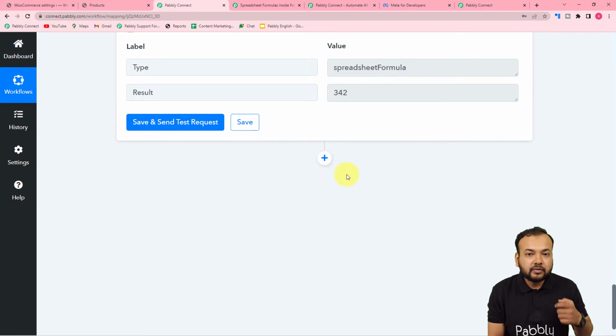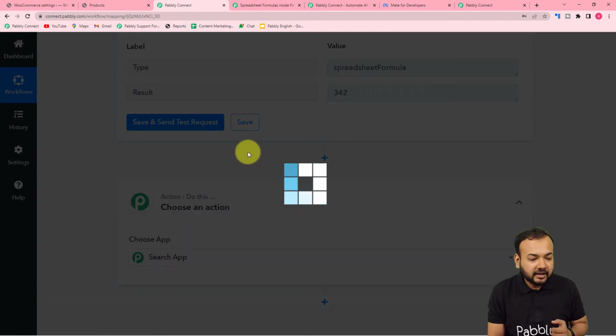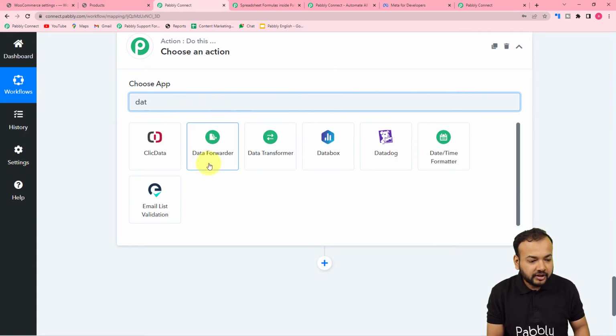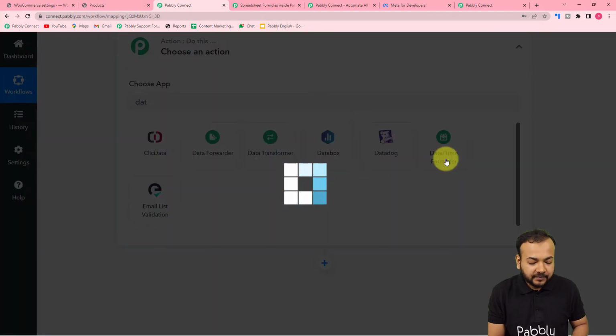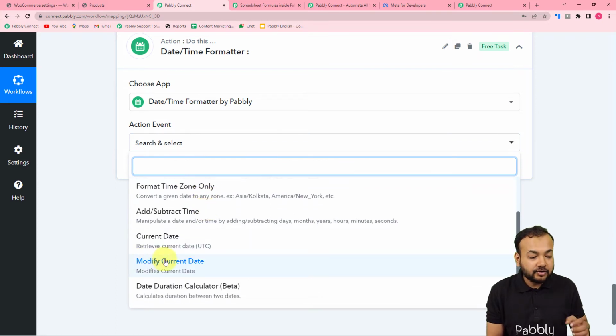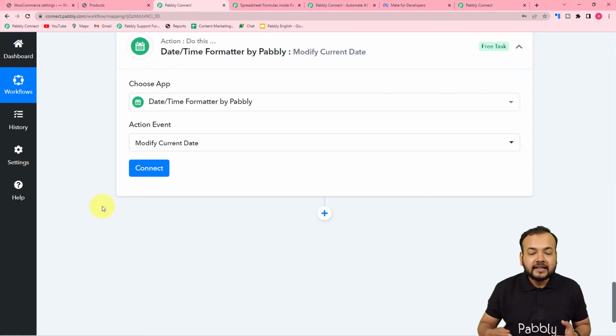Okay, so to get the expiry date, just click here on this plus icon, and we are going to use another feature of Pabbly Connect here, which is called Datetime Formatter. So search for Datetime Formatter here. This is it. Select it, and here I'm going to use an action event which is called modify current date. So when you use modify current date, you can modify the date on which the workflow is running. That means the date on which the cart is abandoning, you can modify that date. So we want an expiry date which is 4 days after the date of cart abandonment. So with the help of this, I am going to add 4 more days to the date on which the